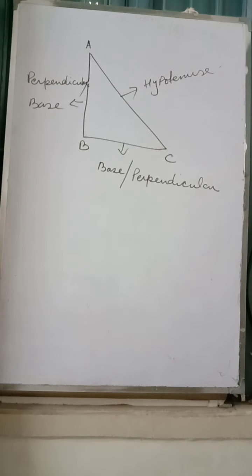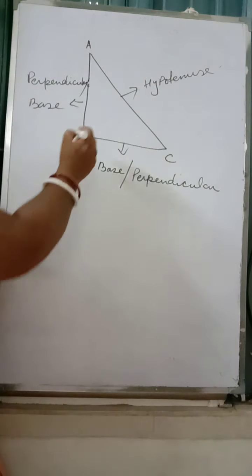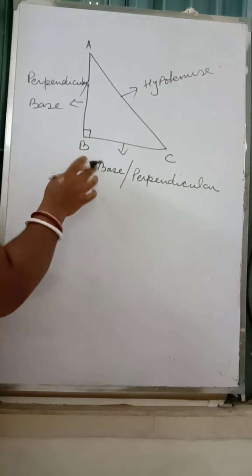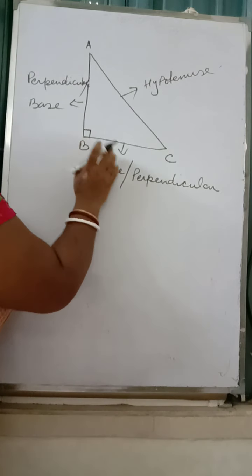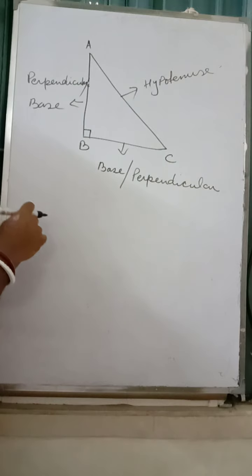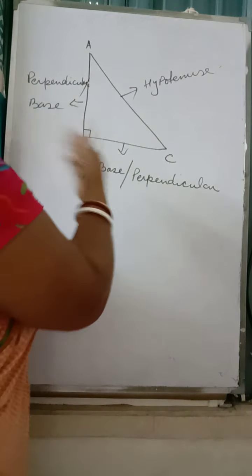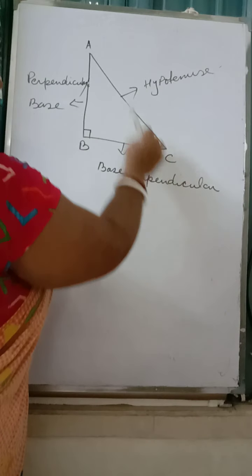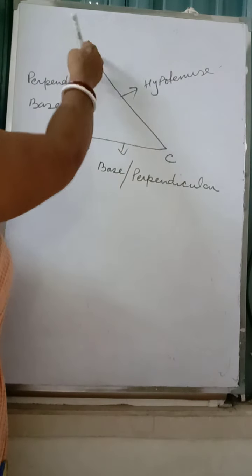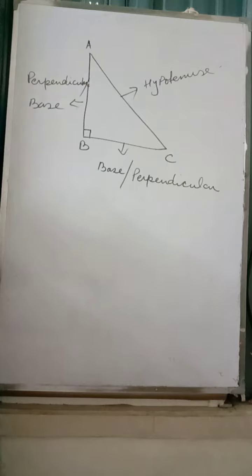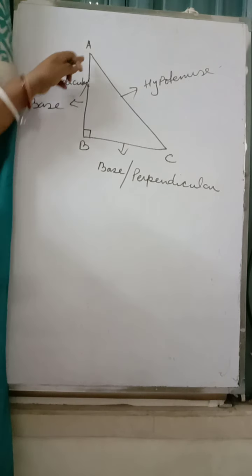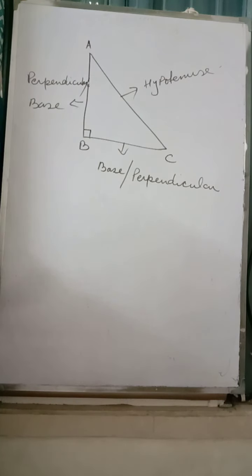I was talking about base, perpendicular and hypotenuse. Always keep it in mind. The sides which are forming a 90 degree angle are base and perpendicular. This could be written vice versa, because if I see from the front, I have a base BC and perpendicular AB, though it is a vertical line. And if I see from the left side, I have a base AB and the perpendicular BC.